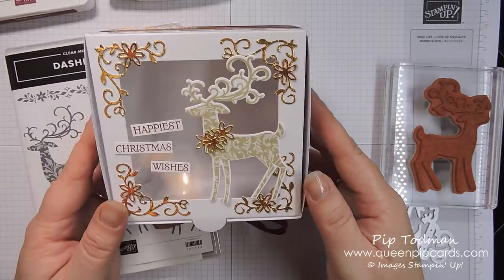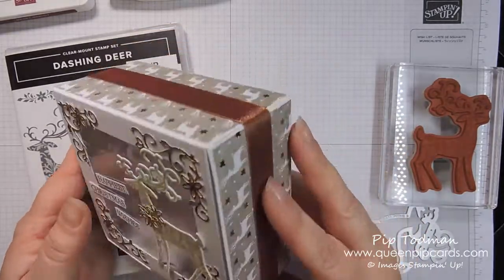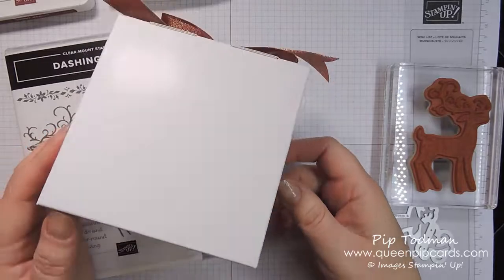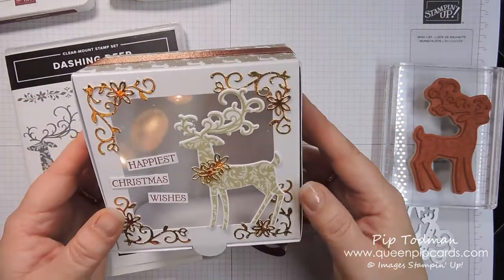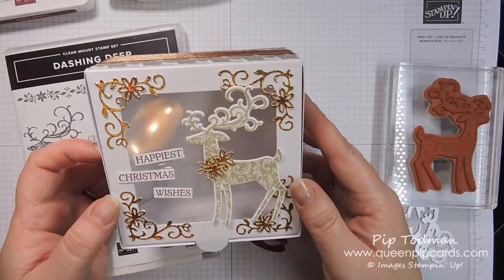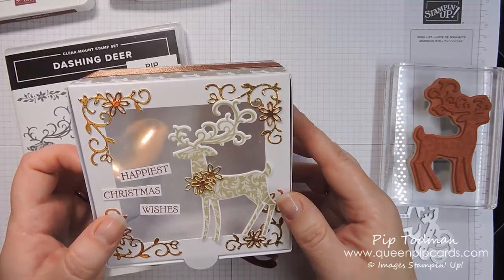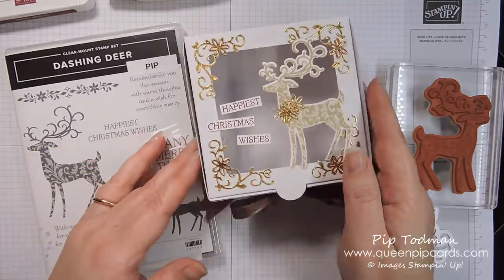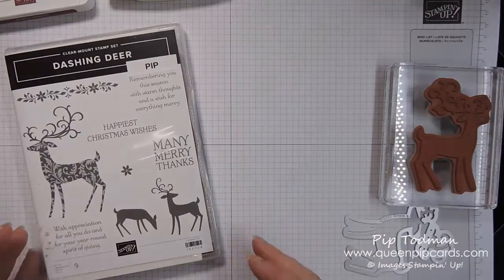Today I'm going to show you how I made a card to go with this box. I made this box ages ago, back in the beginning of September with my pre-order stuff. In fact, it wasn't even pre-order stuff, it was stuff I got off the ship on the Alaska cruise. So I thought, well, I haven't actually made a card that matches. So although I've done my video for this week, I thought I would just do a sneaky video for you,